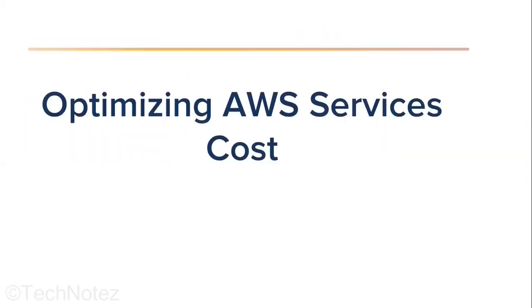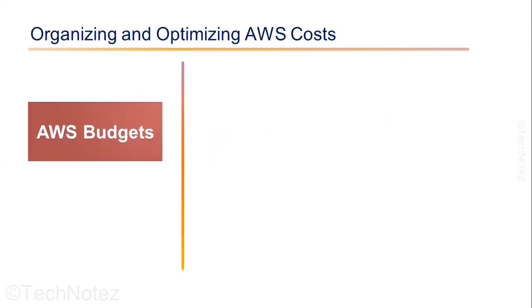So this gives ultra low latency access to applications for all mobile users. You will definitely not like to spend an unlimited amount of money on AWS, so you should have some checks to avoid overspending. In this module, we will discuss different ways to optimize and reduce the cost when using the AWS services. There are many cost optimization strategies available depending on the specific services and resources. AWS allows the customer to set budgets and alerts in the AWS cost management tool to monitor and control their spending on the platform.